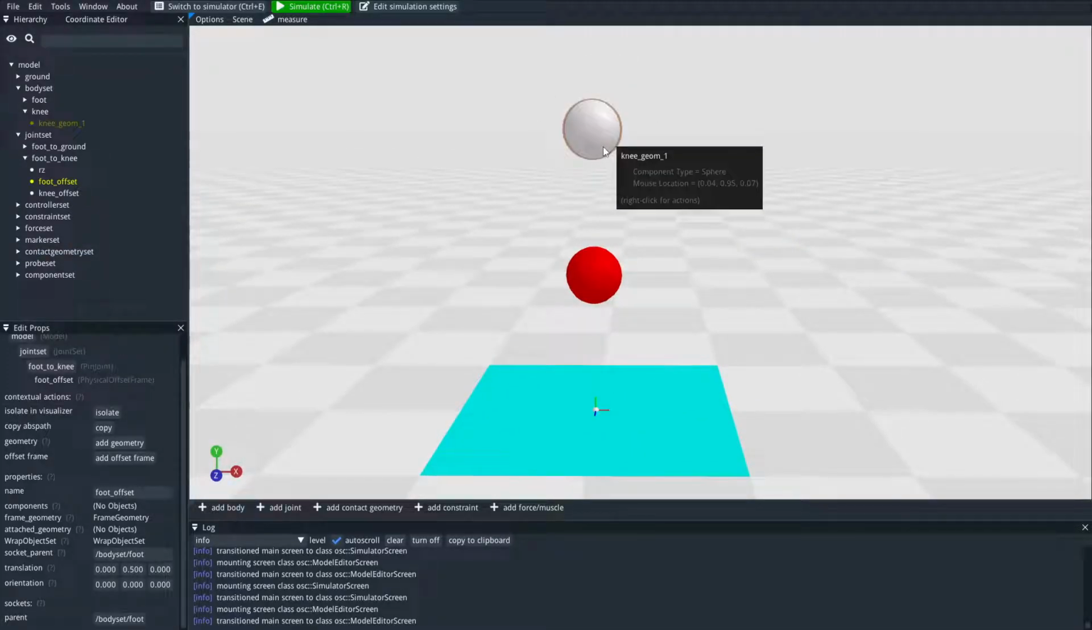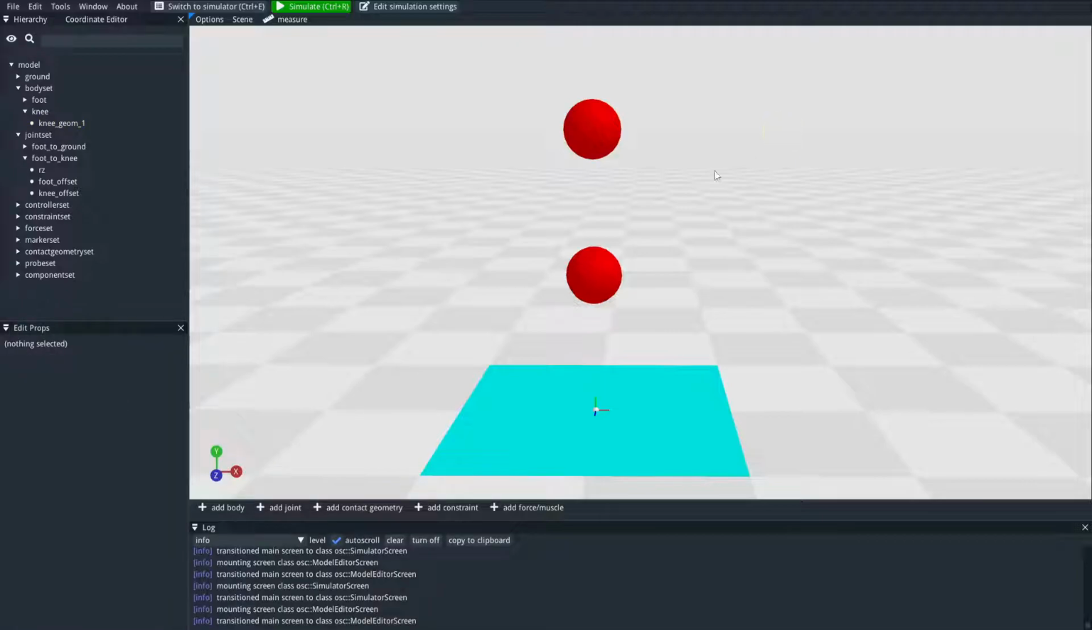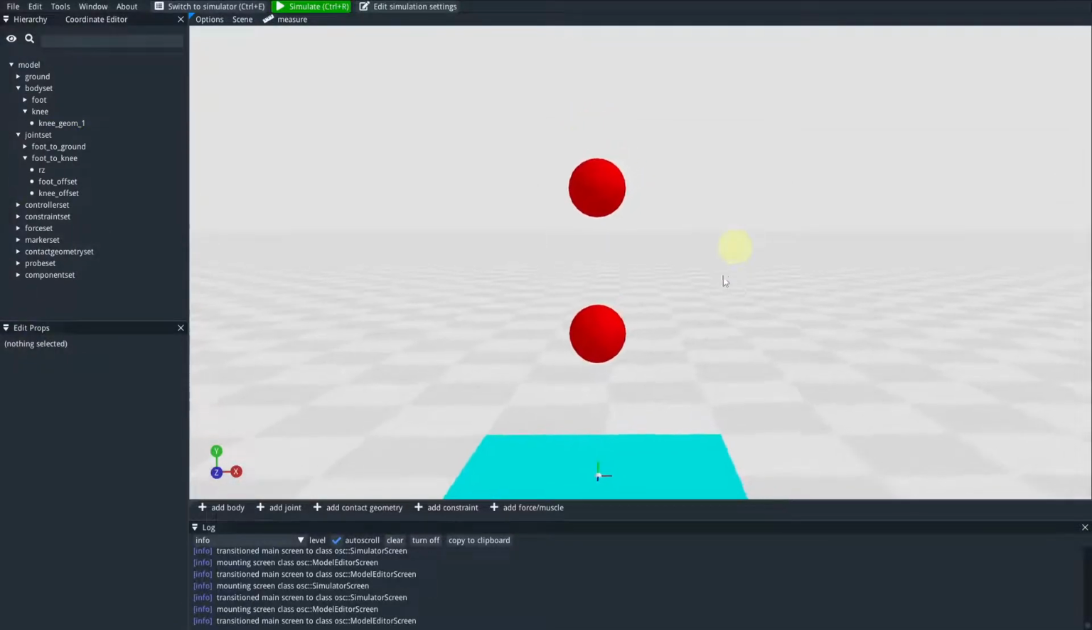Now you can see this sphere is white, so I'm also going to click on the sphere here, go to appearance, and make it red. And now what we have is two bodies attached to each other, where one of these bodies has a pin joint on it. Okay, and the next step is to add the third body, which is the head of the